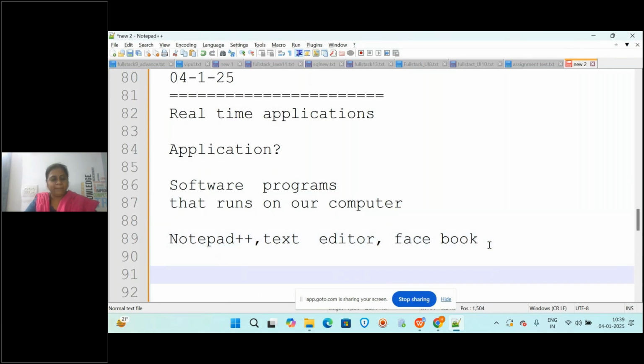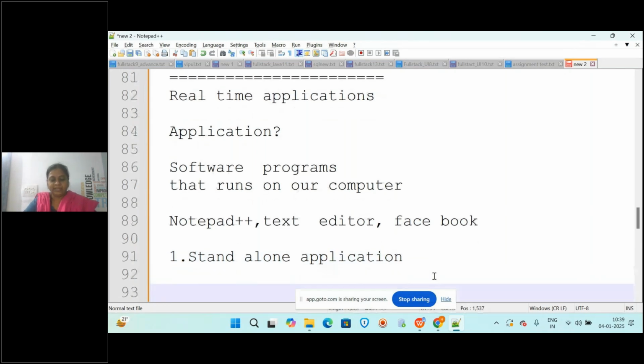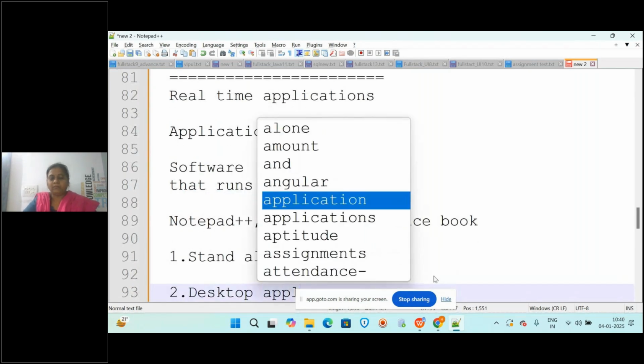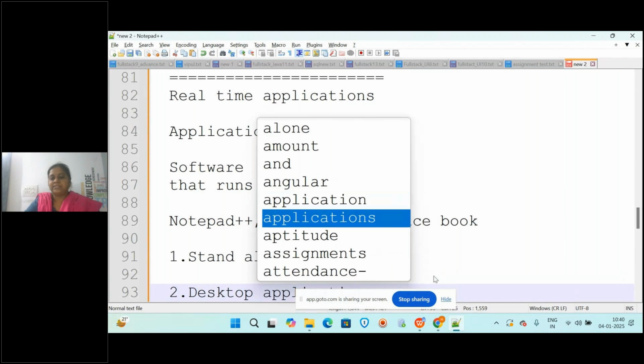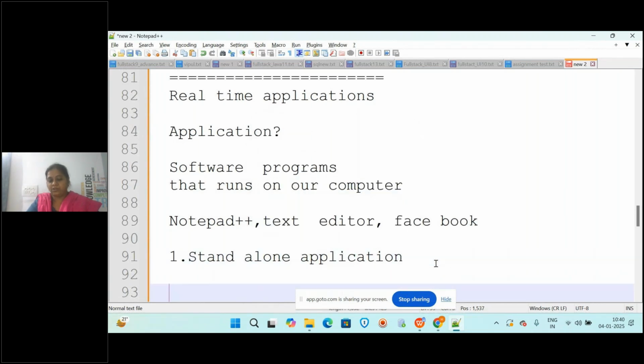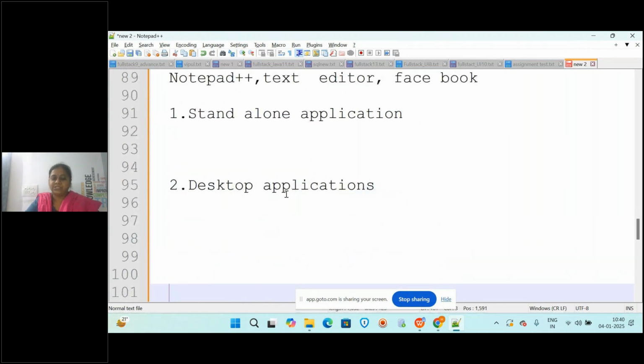So the applications are categorized into something like standalone applications. What is that? Standalone applications, or we also have desktop applications, both are a little similar. So standalone applications, or we can say desktop applications. So what are called standalone applications or desktop applications? The applications